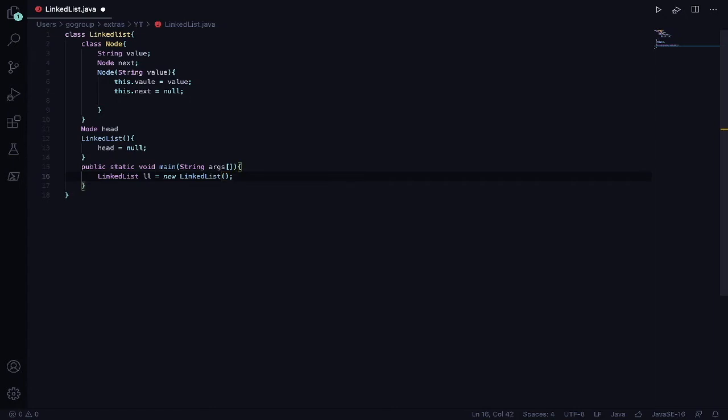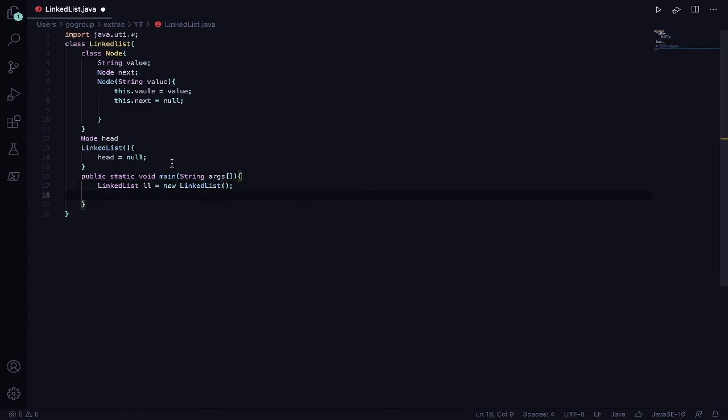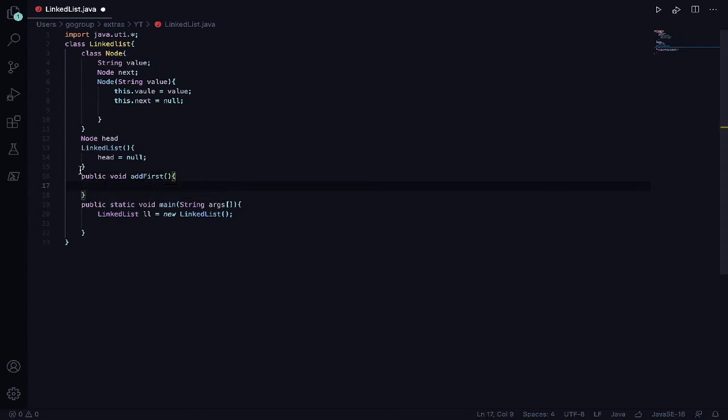That's it. Now we have our linked list. The very first thing that we want to do with this linked list is add a node to it. So I'll just create a function. Public, non-static, obviously, because we want to attach these functions to instances and not the class itself. So public void add. First, I'll make an add first function, and then I'll make